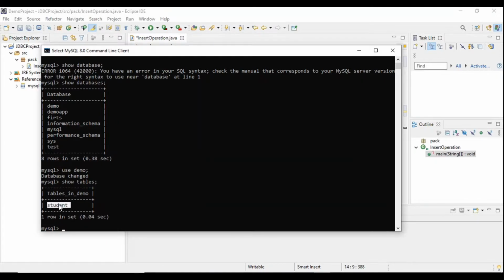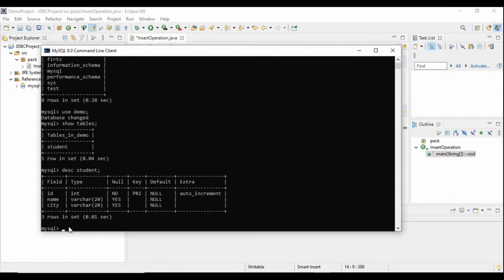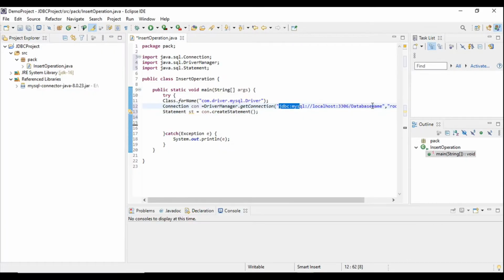This is the student table which we have created in our last video. We have added 3 columns: ID, name and city. So in this URL, I will take the DB name as demo. Now the fourth step is to execute the query.